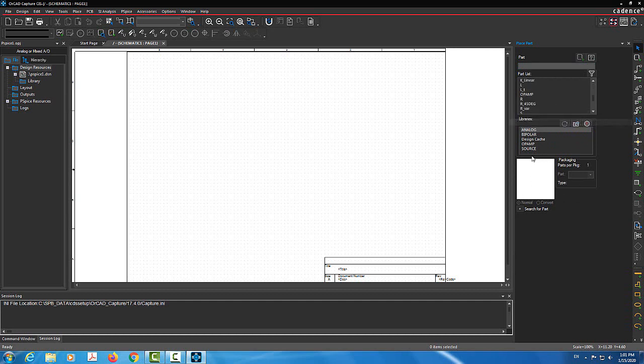The op-amps will have components for different types of op-amps that we can use to do PSpice simulations. Bipolar has different models for transistors. So if you are taking basic circuit theory, what we are interested in is the analog and the sources. The design cache is basically the libraries that are used within our schematic. So now what we're going to do is draw a very simple circuit and do basic PSpice